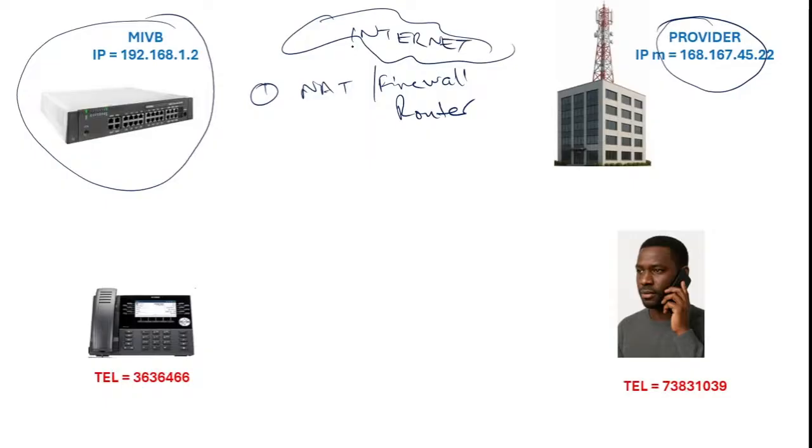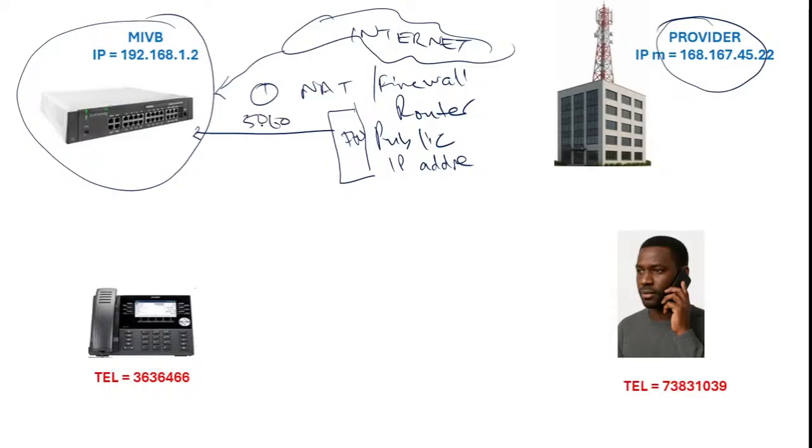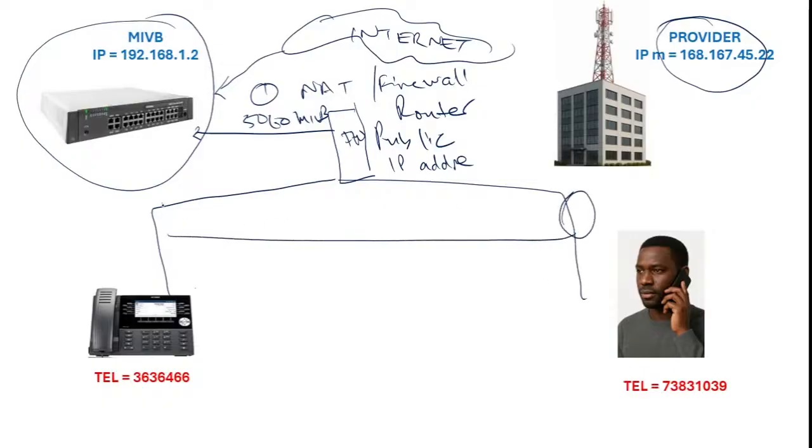then what is bringing internet to our MiVoice Business, or into our LAN, should be a firewall or a router or some other device, and that device should have a public IP address on the internet facing side. If this is our firewall, we should have a public IP address, and this public IP address should have a port forwarding of port 5060 to the MiVB, and it should be able to allow the setup of the RTP tunnel, the media path between